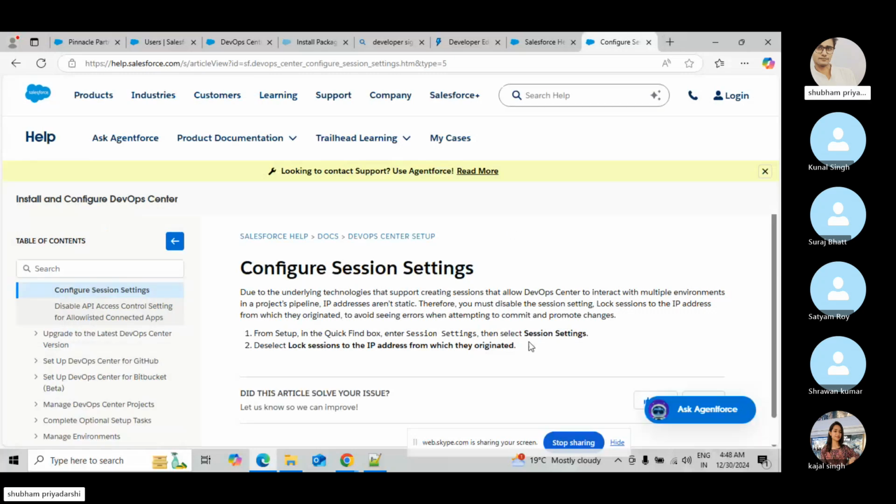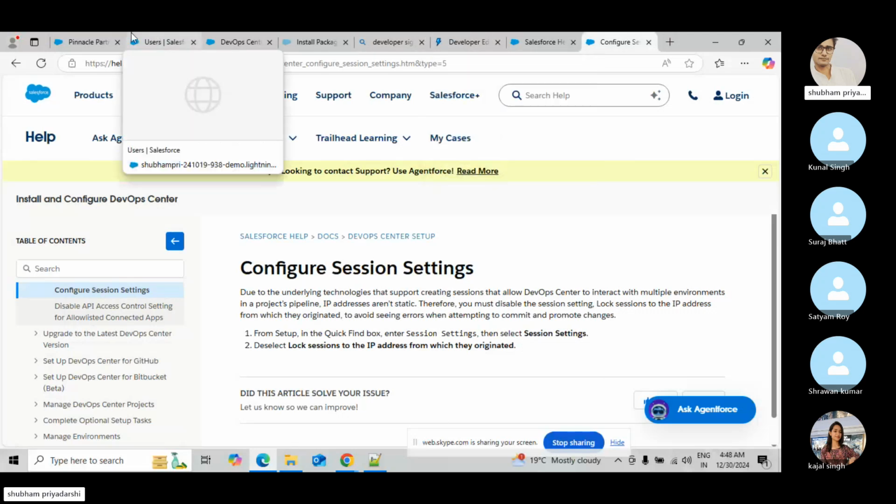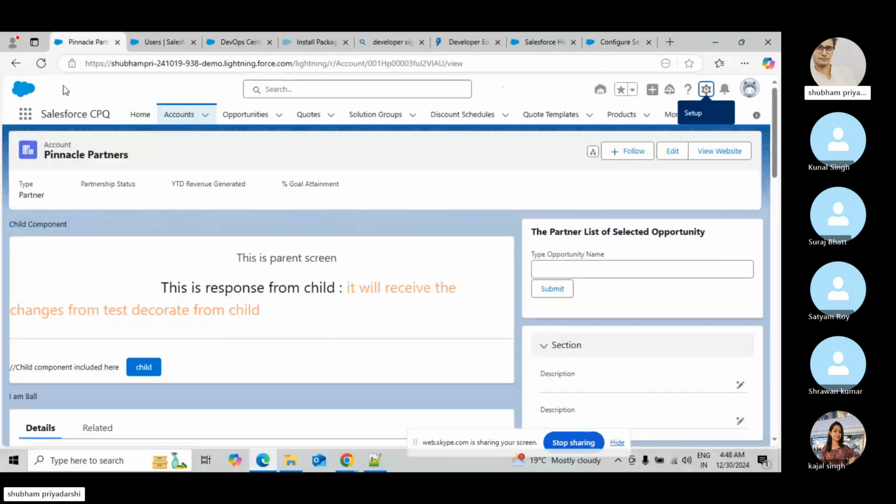This one you have to click session setting and deselect the lock IP ranges. Okay, this is the step. So after doing this much, you can access the app from the app launcher this way. It looks like this. Just click here